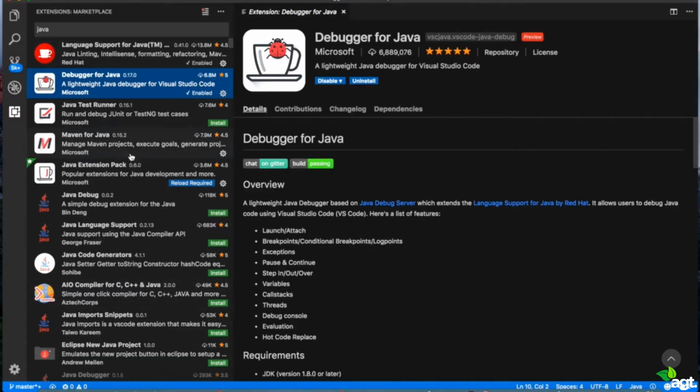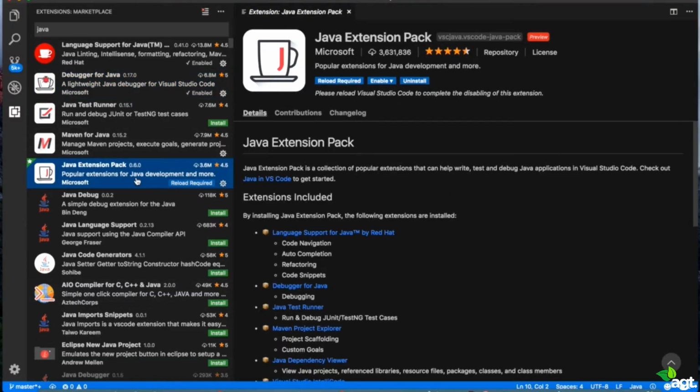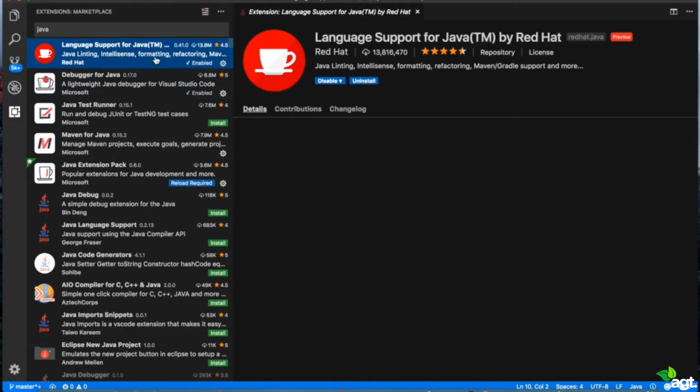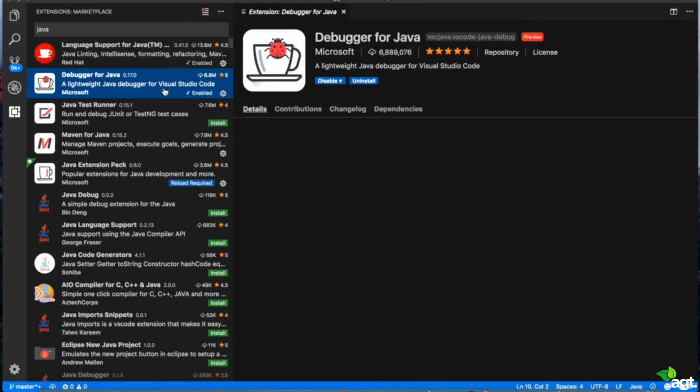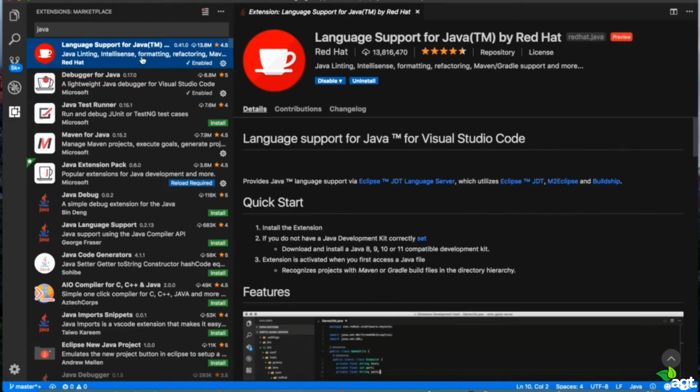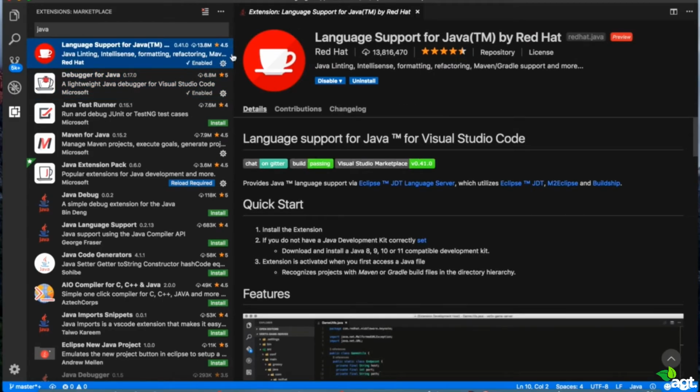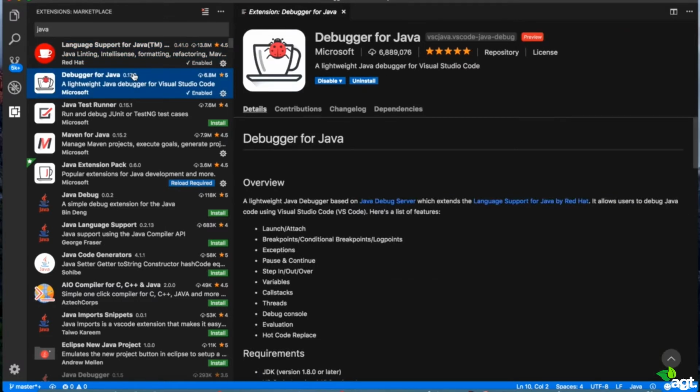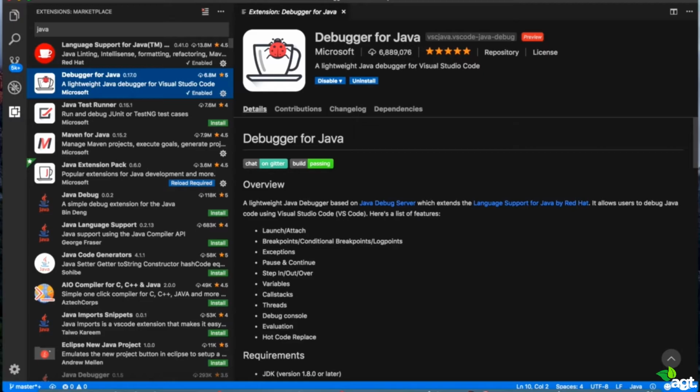You also have the option of getting the Java extension pack, which combines a bunch of extensions, including the two we need. But I like to individually and manually install the ones that I require. So I suggest just getting language support for Java by Red Hat and debugger for Java. So once that's done,